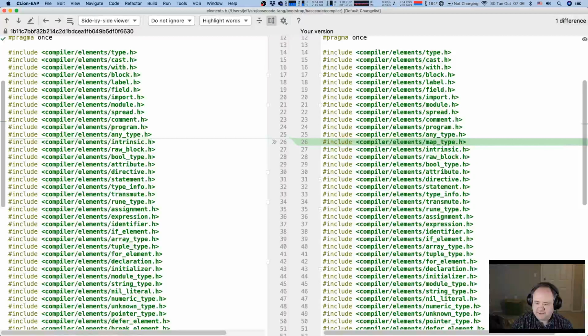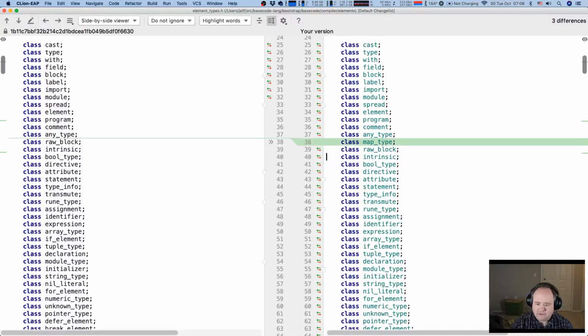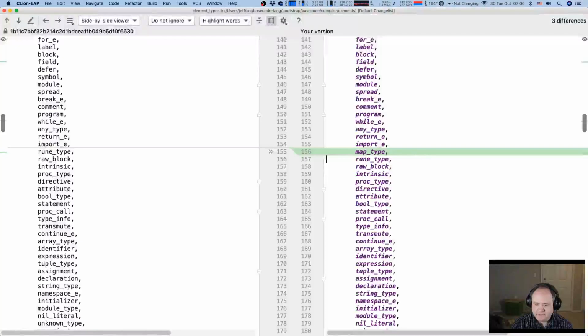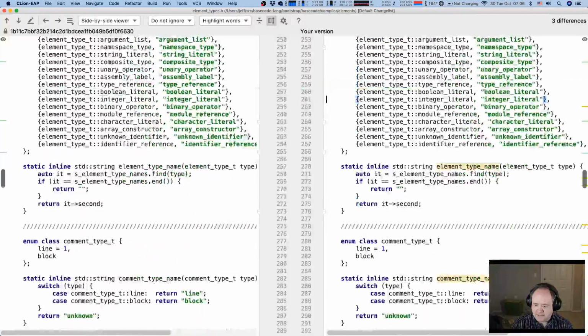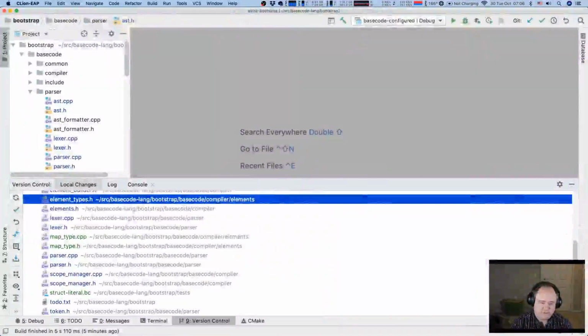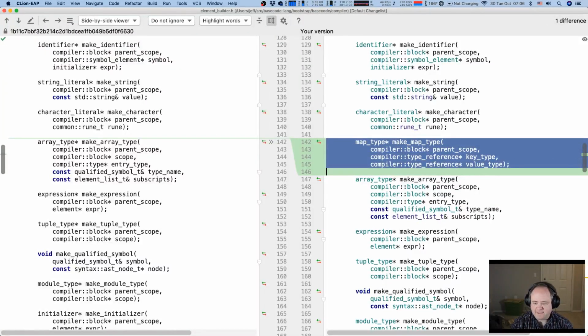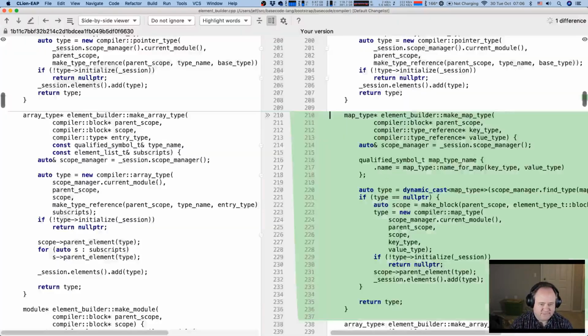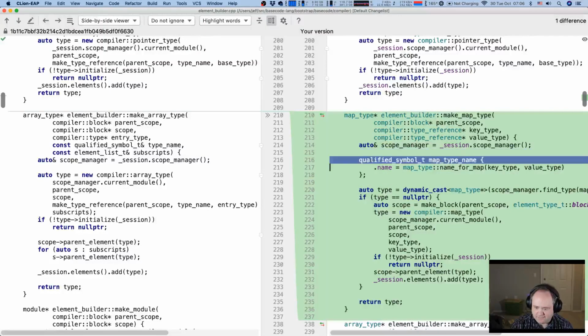I added the map type to the elements include, added a forward declaration for a map type, added map type to our element type T, added it to the name map here. I need to add new, I haven't done that yet. Element builder, created a make map type, and the implementation of this is fairly straightforward. Like, I just need to switch this to use find map type because, yeah, why do this here?